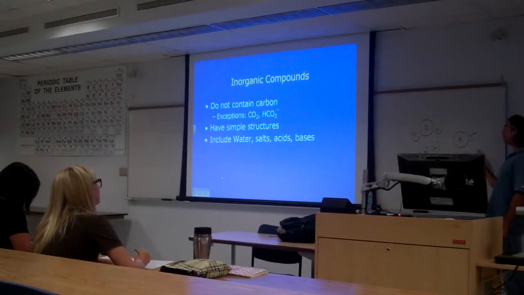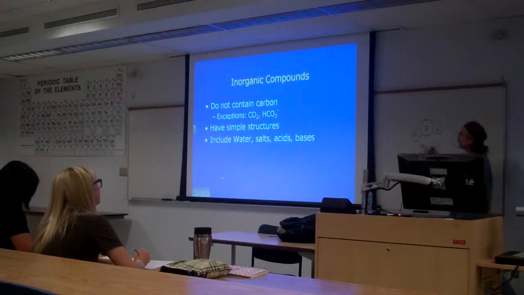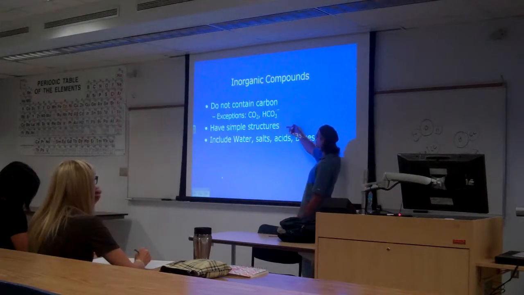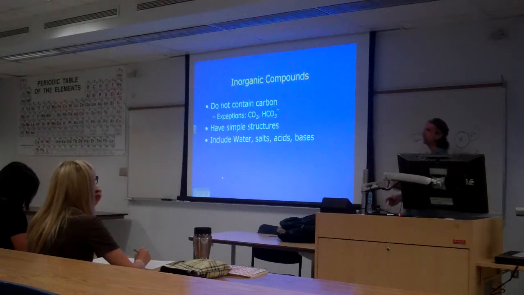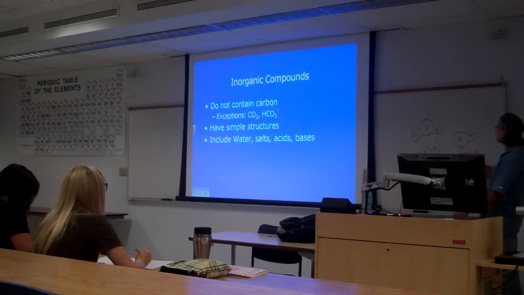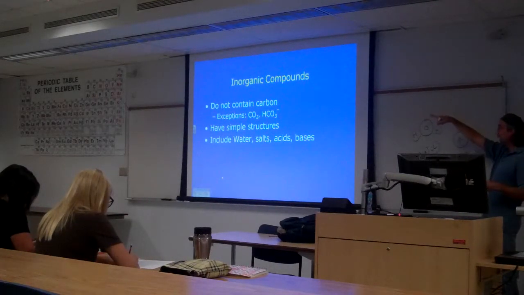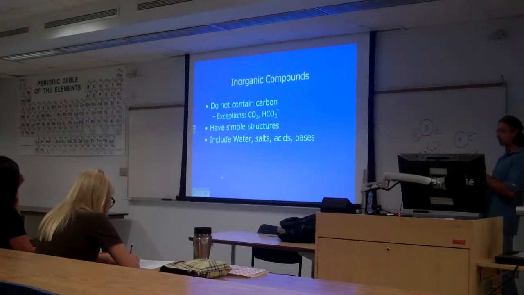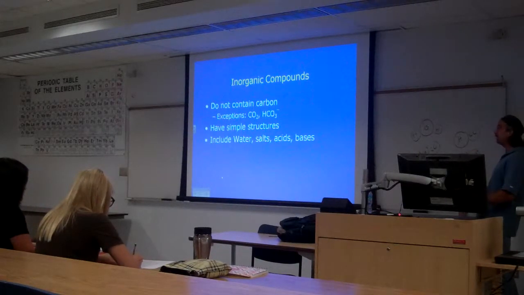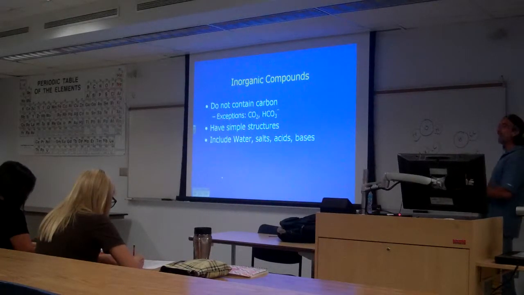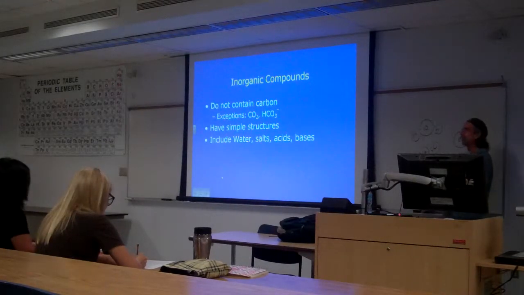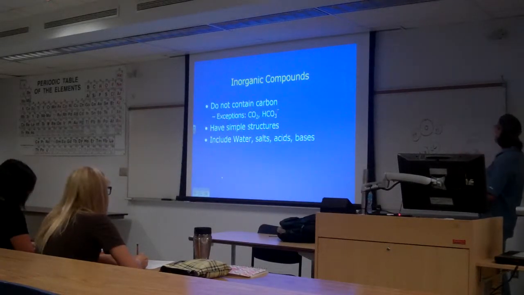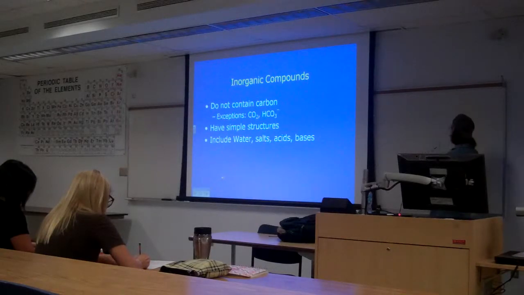So they're really simple in their structure. 2 or 3 atoms put together. Very simple structures. Doesn't contain carbon as the primary structure, primary chain. We're going to talk about each one of those and give you some examples of what they are, how they work, and why we need them in the body. So again, these are inorganic. Inorganic does not contain carbon. All right, good. So let's run through and do a few of those.